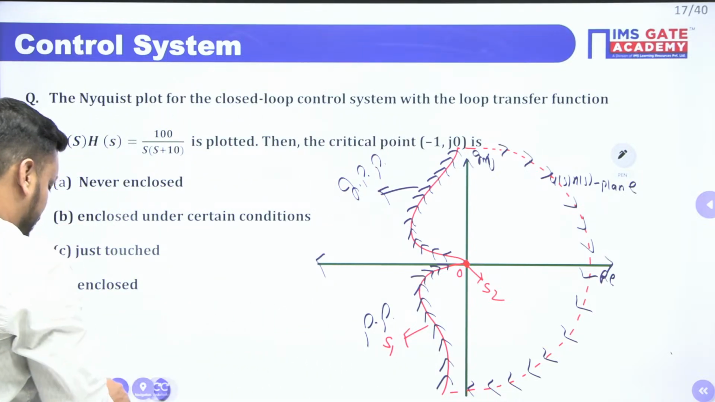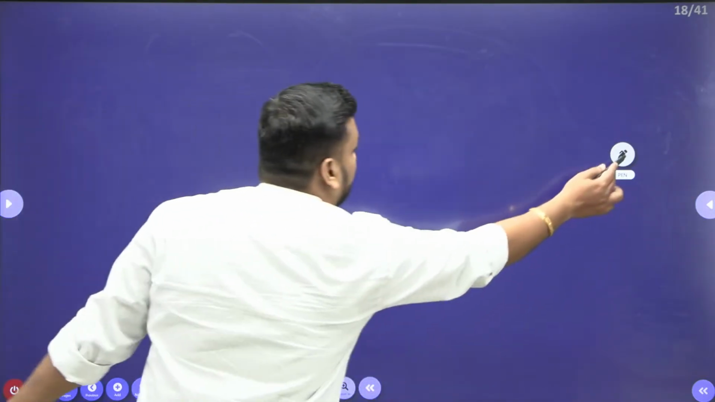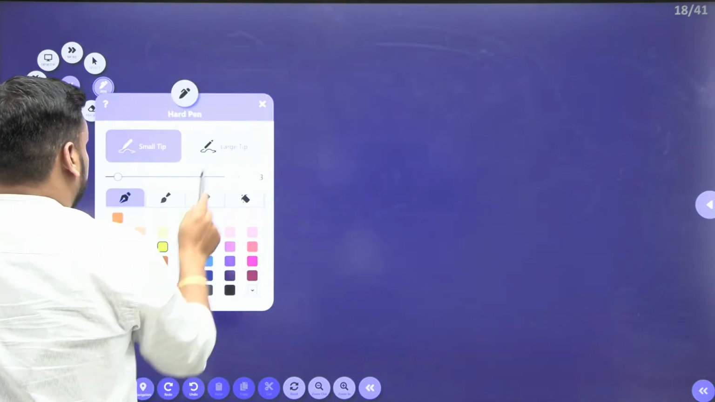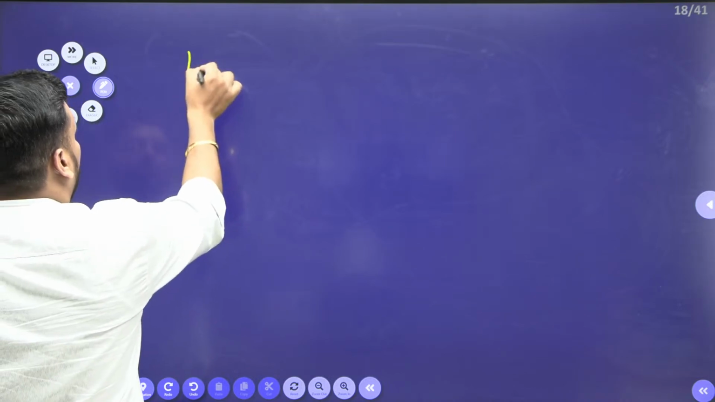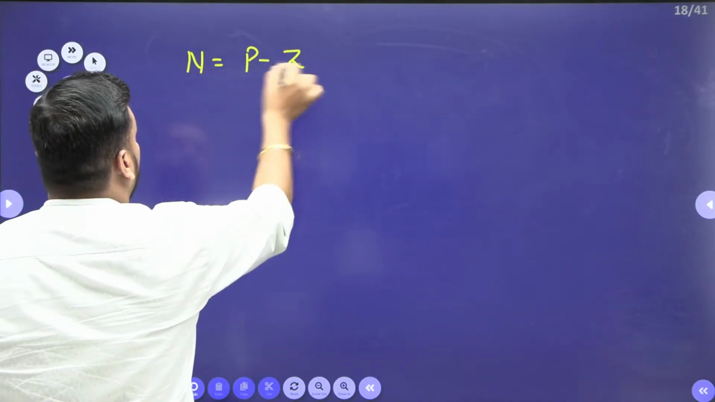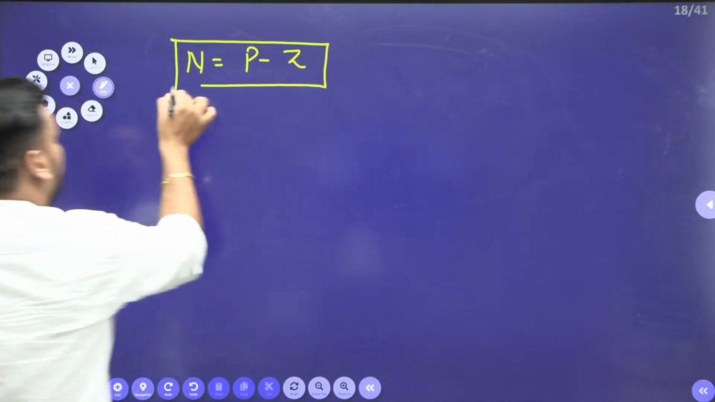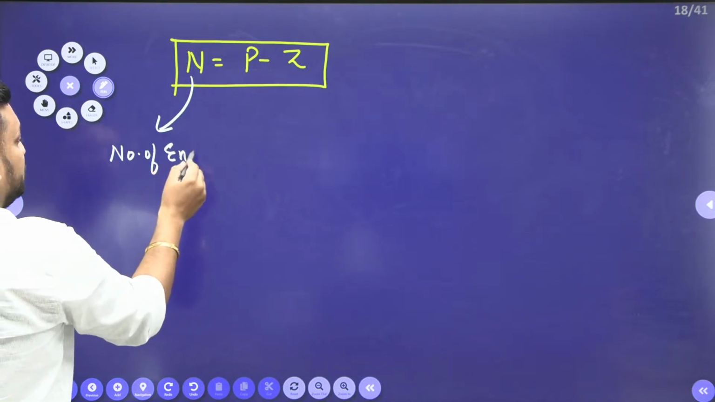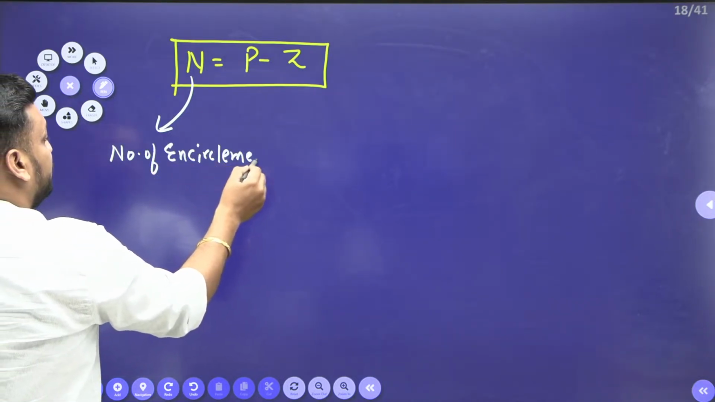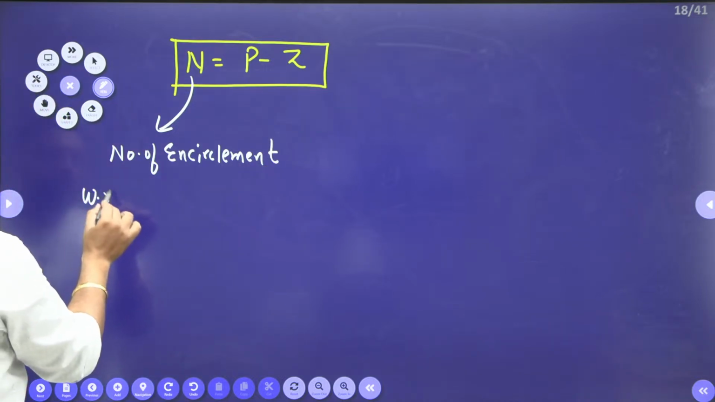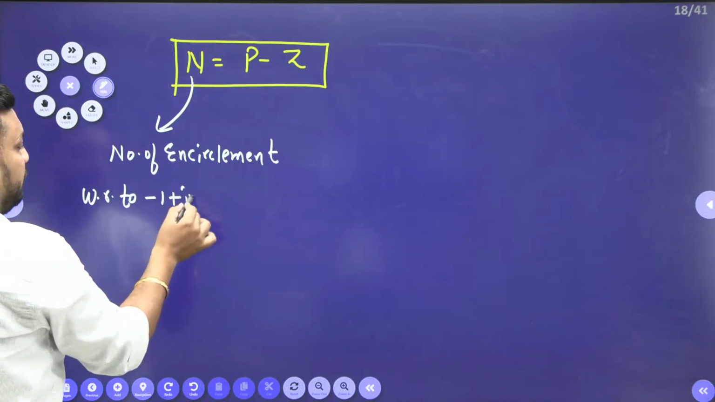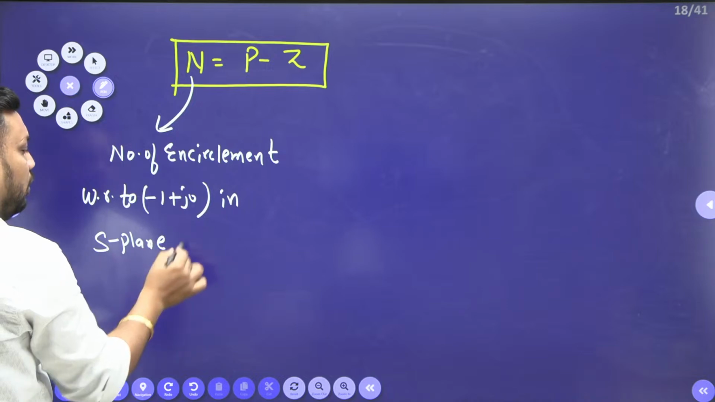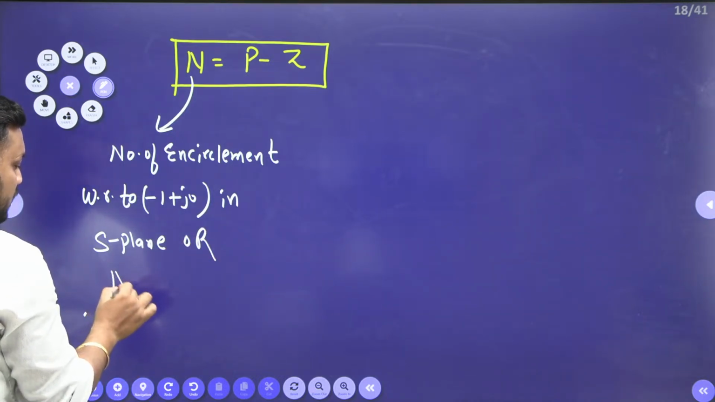Do you know the notation of n equal to p minus z in the Nyquist plot? If I talk about the notations, n equal to p minus z, the value of n is nothing but the number of encirclements with respect to the critical point minus 1 plus j0 in the S plane,